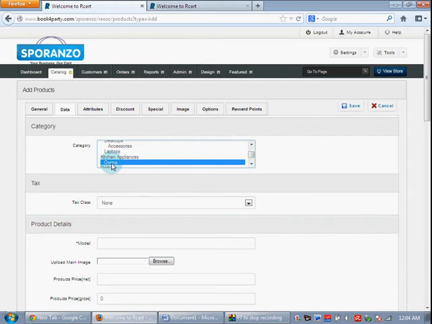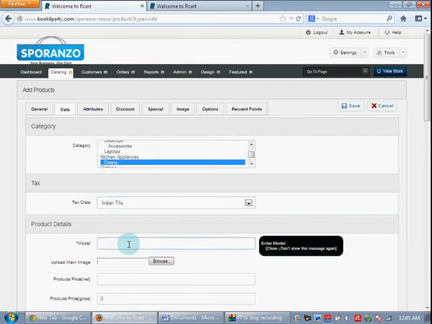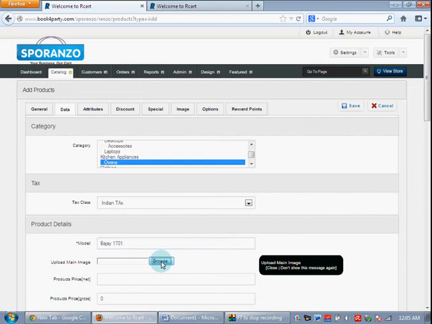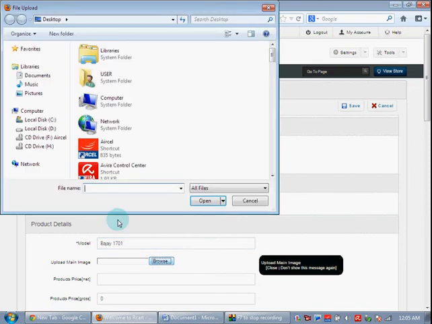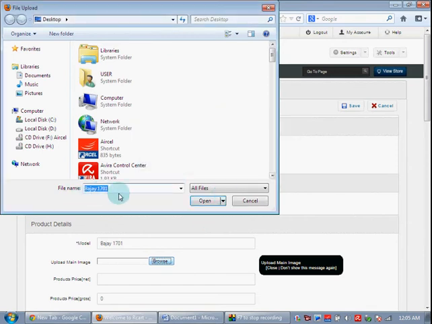So we go and click on ovens, and tax class we select as Indian tax class, and now we give the model number as Bajaj 1701, and now here is the place where we enter the image of that particular product. We browse it from our system, and we enter the product.